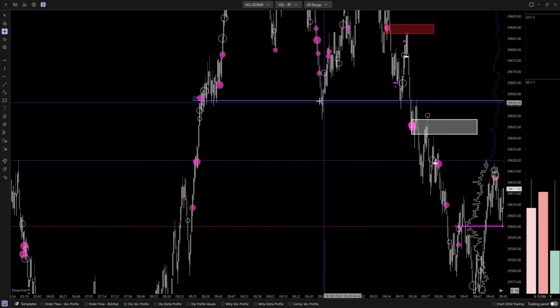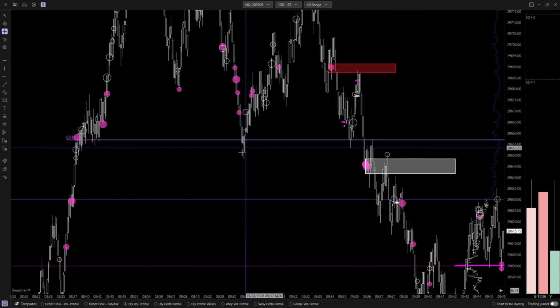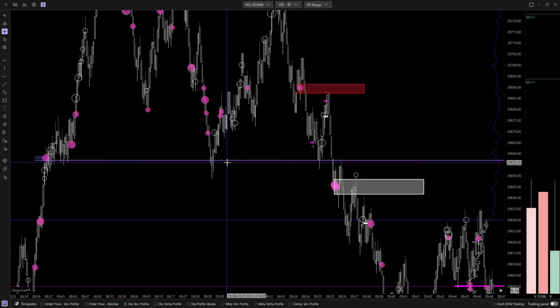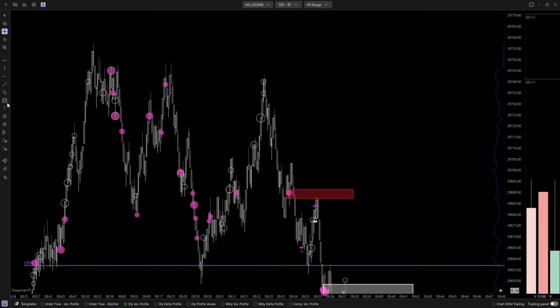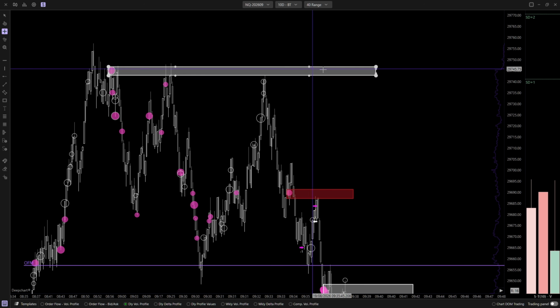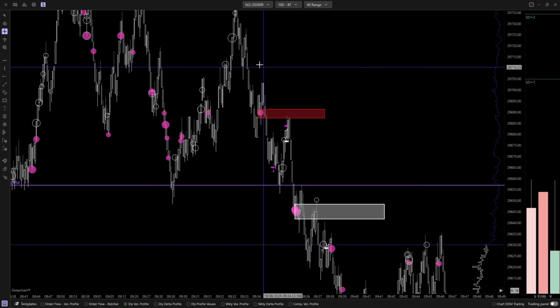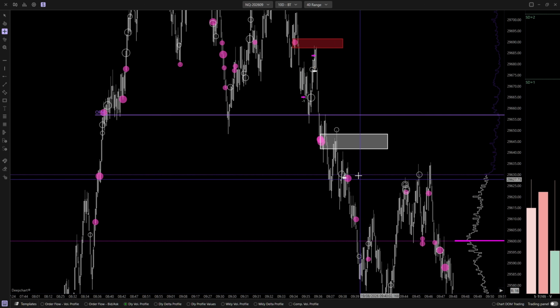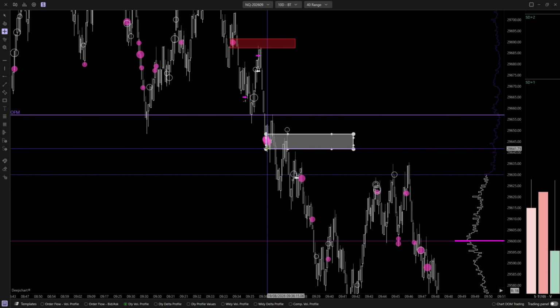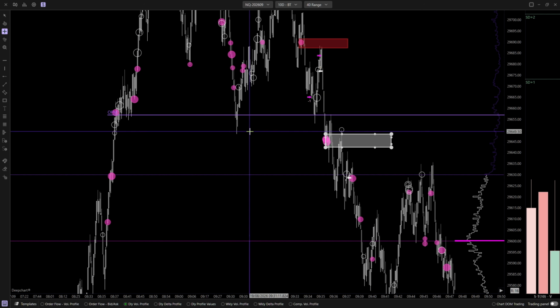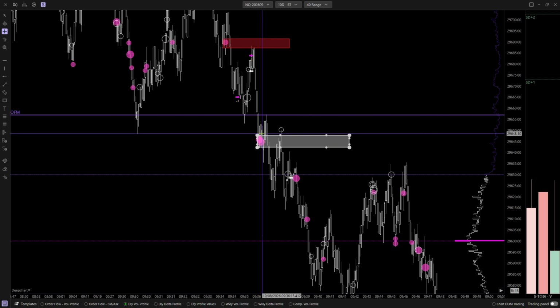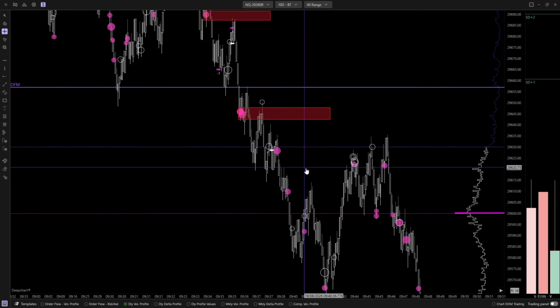Now we know previously this failed for the origin of the move because we didn't get that squeeze lower. So price came back up. We came to a refill zone where sellers obviously had control, and we basically top ticked that and went lower. Then sellers continuously showed their hands with even more sell aggression right here, after they failed previously in terms of the squeeze. Now, sellers are definitely in control, right?